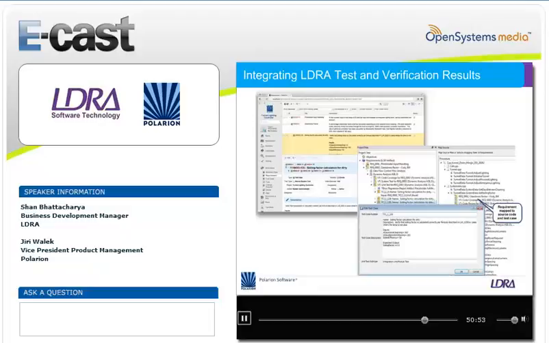So what you're seeing here is a vision of requirements and tests in Polarian, and those requirements then being brought down into TV Manager on the window on the bottom right, and you can see that specific requirements, verification tasks, and tests are being done in the pane on the left against the code in the pane on the right, and then those tests and their pass-fail results are being brought back into Polarian. So two systems that are really handling two parts of the workflow and two parts of the life cycle at two scopes, but properly integrated together, give you that granularity from a tester's perspective and from a requirements engineering and